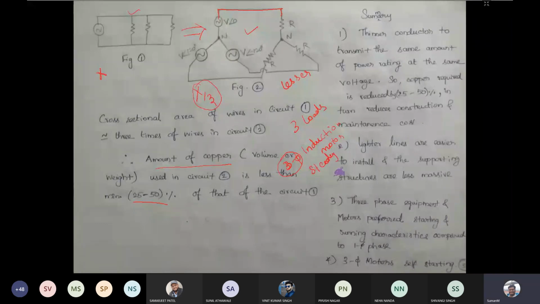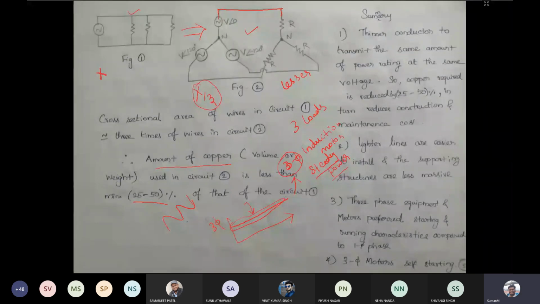The three phase is going to give steady power. What is the steady power? That also we will be discussing at the end of this unit. But the point is, three phase circuits will be creating the steady state power. Steady power means your power will be constant. Okay, so if the power is constant, it is having its own advantage that is useful in three phase circuits. In single phase circuit, you are not getting the steady state power; the power will be oscillating in nature. The single phase power will be oscillating in nature, that also we will be seeing later, but the three phase power is constant. That is very much useful in three phase induction motor.